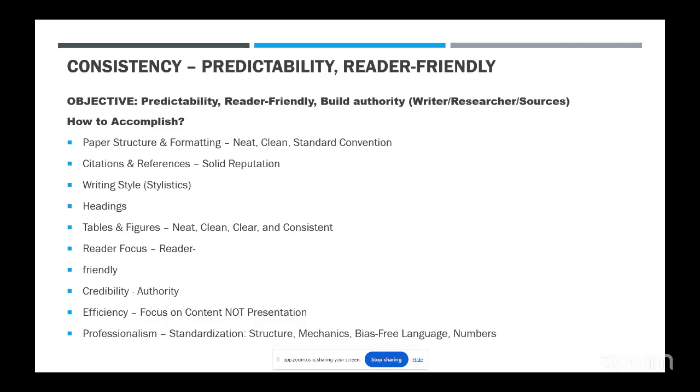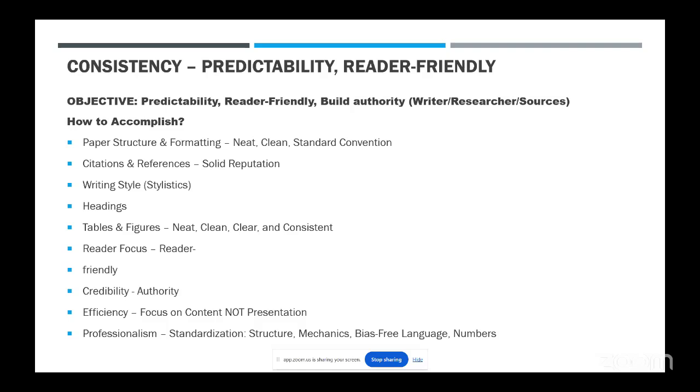However, your tables and figures should be consistent throughout the document. Now, they don't have to all look exactly alike, okay? They don't have to be. But again, you want to go back to that predictability. Make sure they're neat, clean, and clear. So if you need to bold something to make that result pop or stand out, okay, that goes to that clarity, that clearness, that the reader can see what you're aiming to communicate,